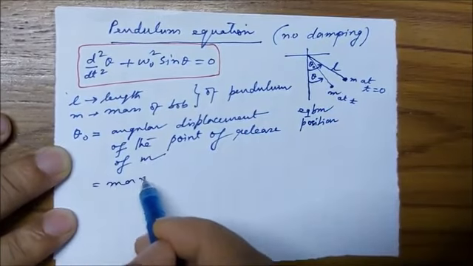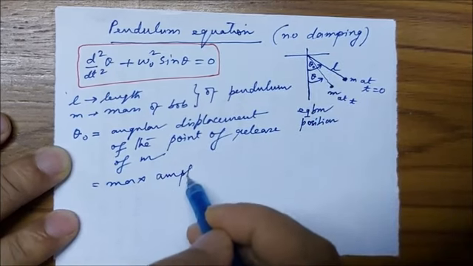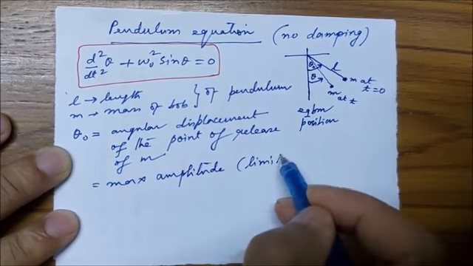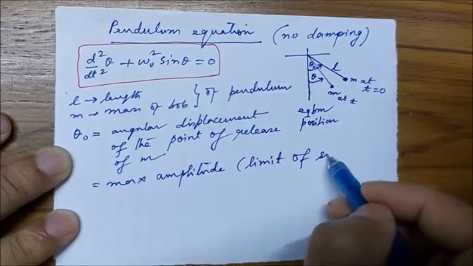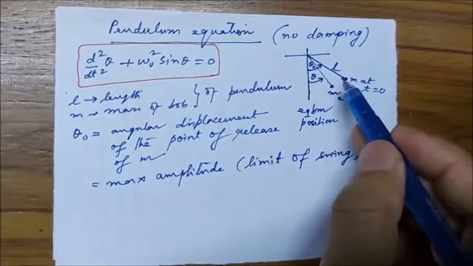It represents obviously the maximum amplitude. It is the limit of swing. Pendulum cannot go beyond theta 0,